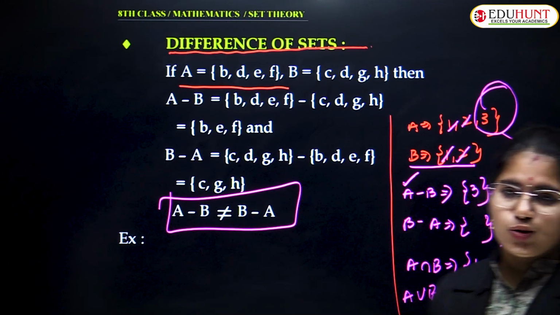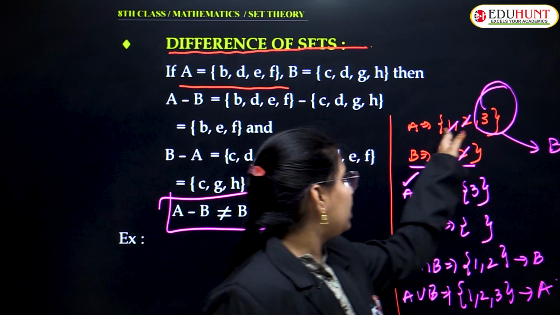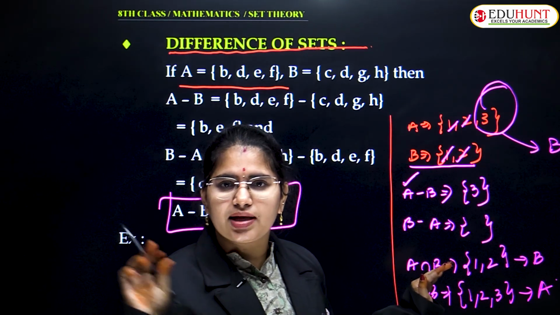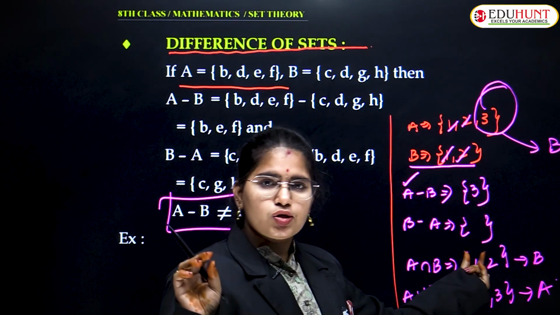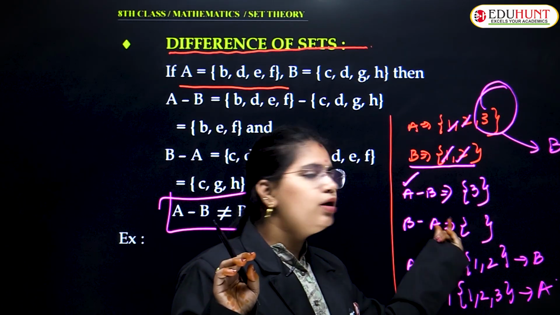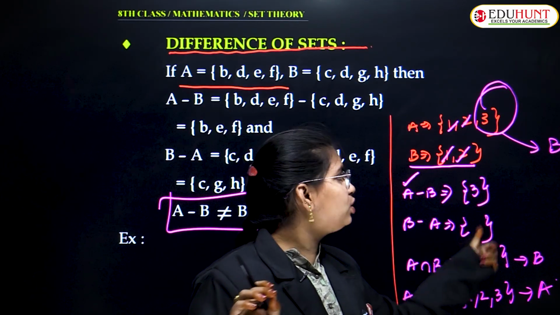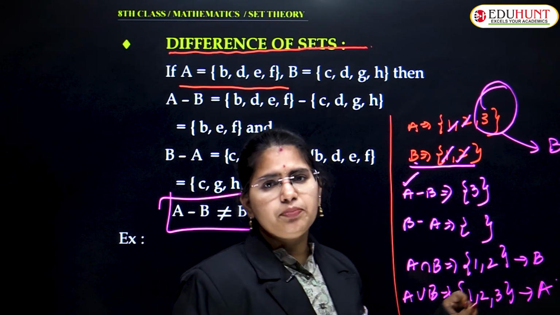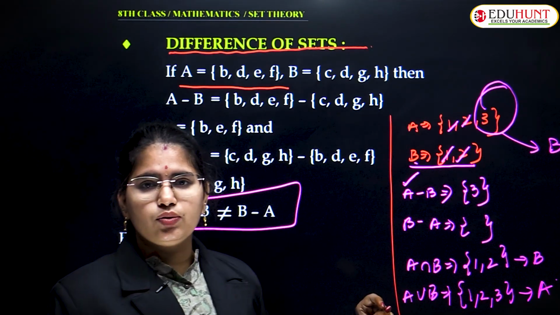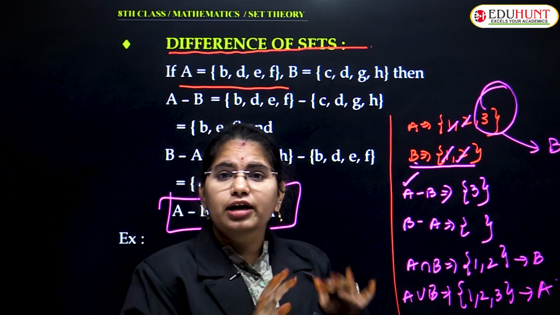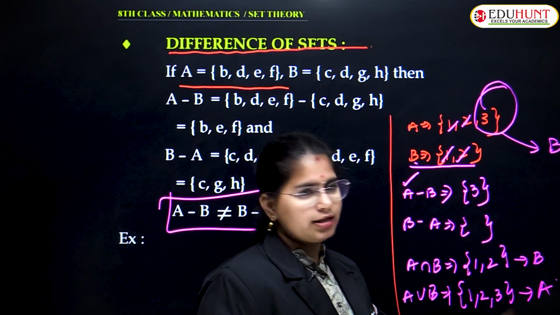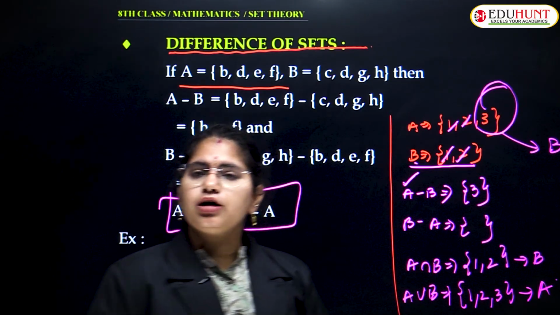నేనేం చెప్పాలి అనుకుంటున్నానంటే, ఈ ఎగ్జాంపుల్ నుంచి A intersection B అంటే మీరు ఏం చేస్తారు, కామన్ ఎలిమెంట్స్ ఏవైతే ఉన్నాయో అవి రాస్తారు. సో కామన్ ఎలిమెంట్స్ ఏంటి ఇక్కడ ఉన్నాయి? వి ఆర్ హ్యావింగ్ 1, 2. 1, 2 అంటే ఏ సెట్? B సెట్. అలాగే A union B తీసుకోండి. A union B తీసుకుంటే ఏం రాస్తారు? యూ విల్ రైట్ ఆల్ ద ఎలిమెంట్స్ టుగెదర్, రైట్? సో విచ్ ఇస్ 1, 2 and 3. దట్ ఈస్ రిప్రజెంటింగ్ ద ఫస్ట్ సెట్ A.